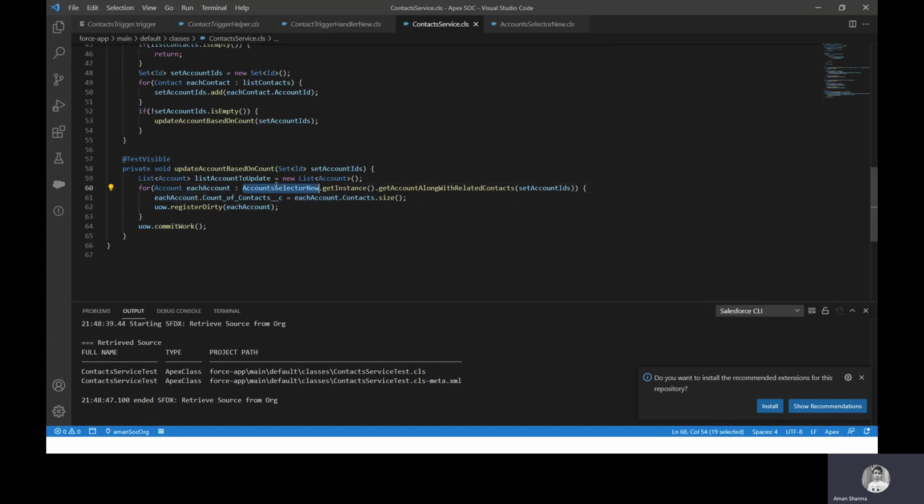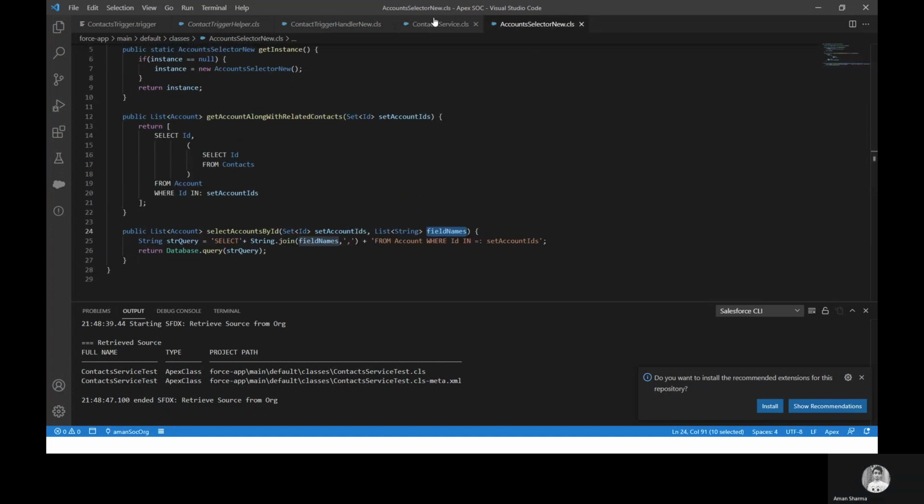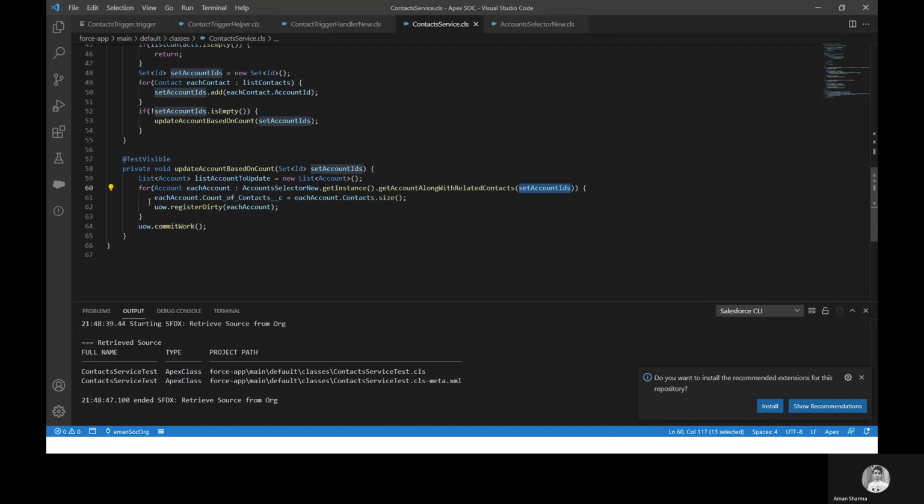Then here again, as usual, I have written AccountSelector.new.getInstance.getAccountWithRelatedContacts, and here I'm passing the set of account IDs, which will be captured here. Then I'm iterating over those and updating the count of contacts in the same way as we were doing there. Now, instead of putting it into a list, I have put it inside the unit of work and said